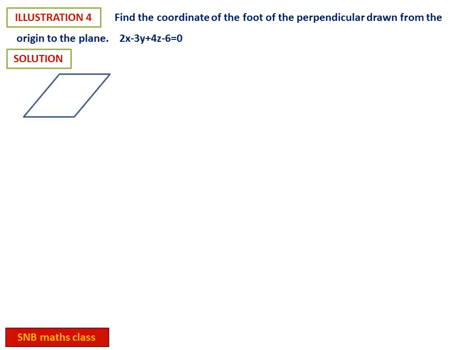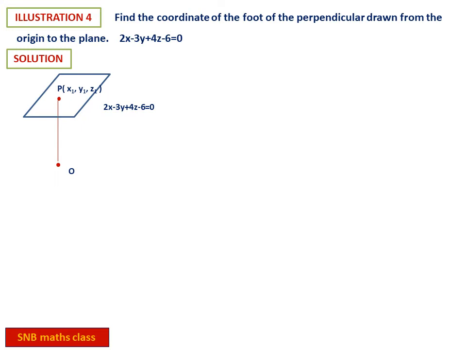See, consider this plane. This is the given plane, 2x minus 3y plus 4z minus 6 equal to 0. This is the equation of the plane. Now, let us say this is the origin. Let me first explain what the question is. Now draw the perpendicular from the origin to the plane. Say this is P, x1, y1, z1. When you draw the perpendicular, P is the point where the line intersects the plane. Let us take P as x1, y1, z1. Now, look at the problem. You are asked to find the coordinates of the point P.